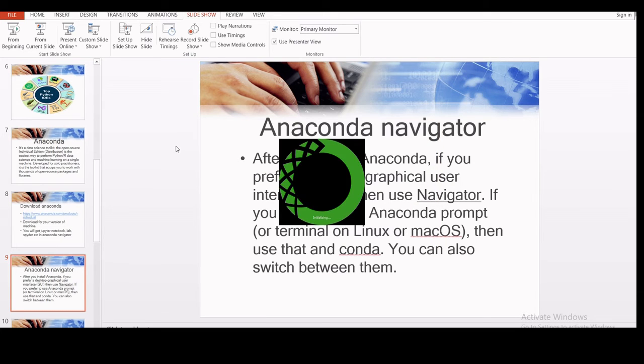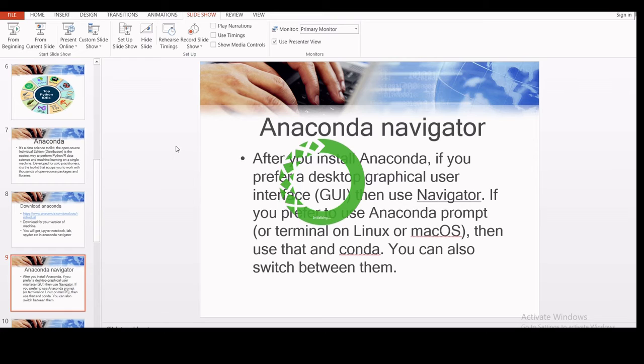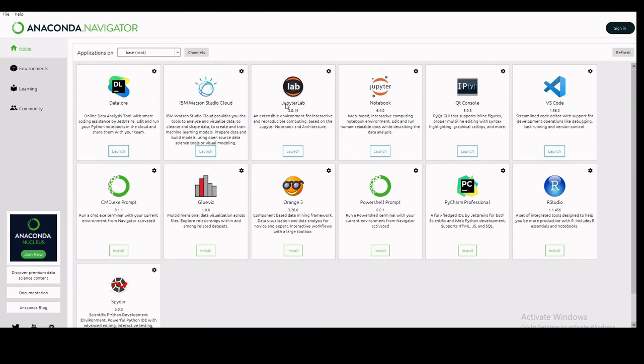As I already told you, it is a heavy software, so it will take a little time. Here it is opening, like this.